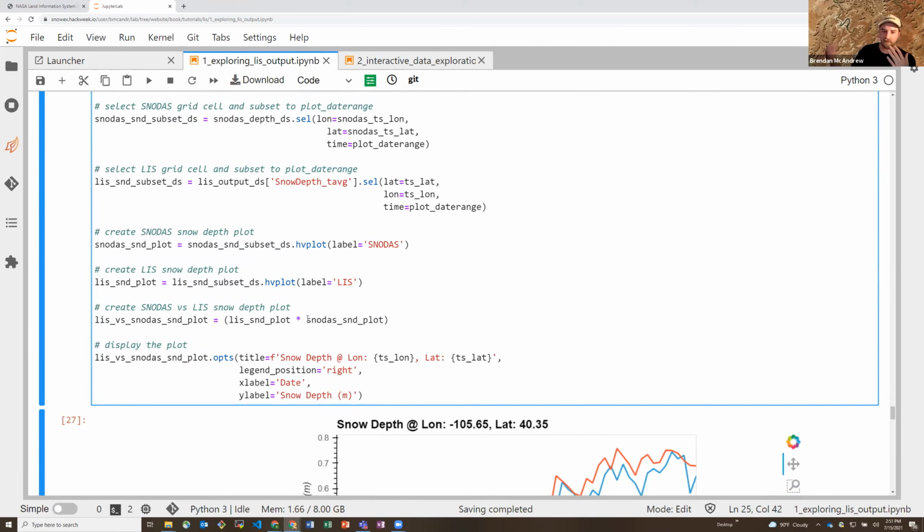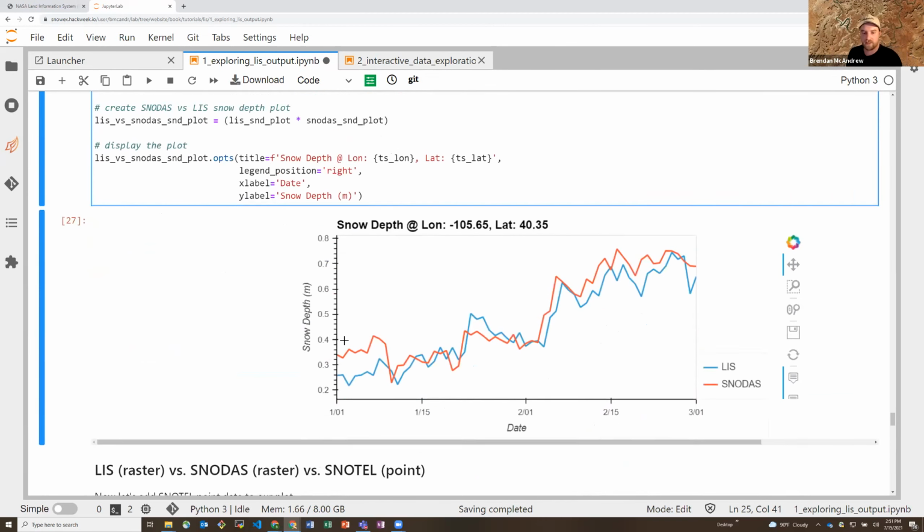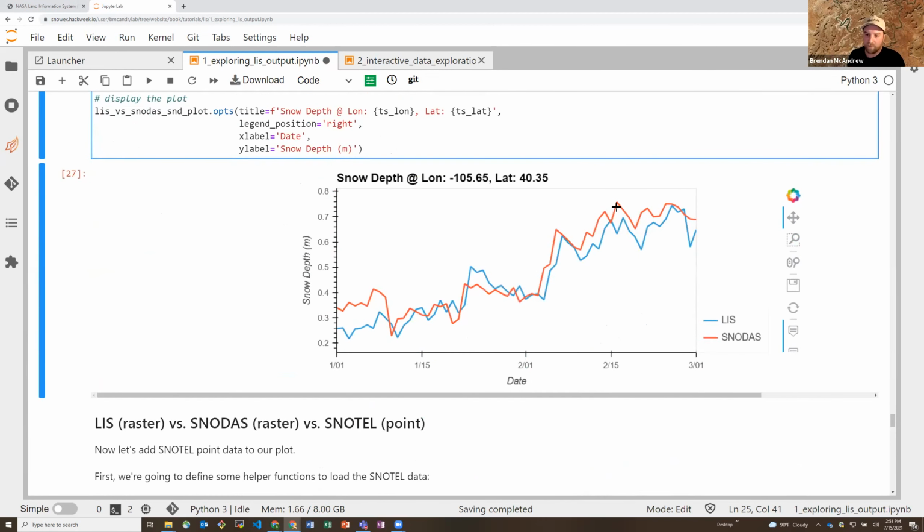If we want to combine two plots on the same axes, we just multiply them together like we're multiplying two numbers together. If we wanted them side by side, we could change this to a plus symbol and they'll appear side by side. So when we run all of this, this is what we get out the back end. We get this interactive plot where we're comparing the LIS and SNODAS output, and we can see that they agree